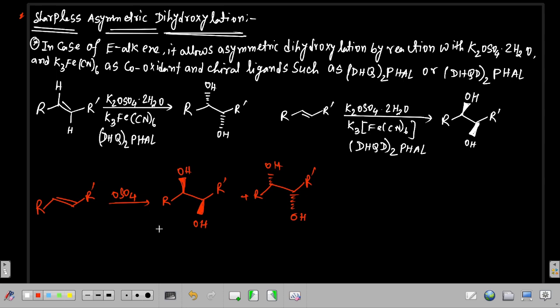So these reactions are not enantioselective, so we are getting an ee of around 0. So by using this strategy, Sharpless asymmetric dihydroxylation, we are getting